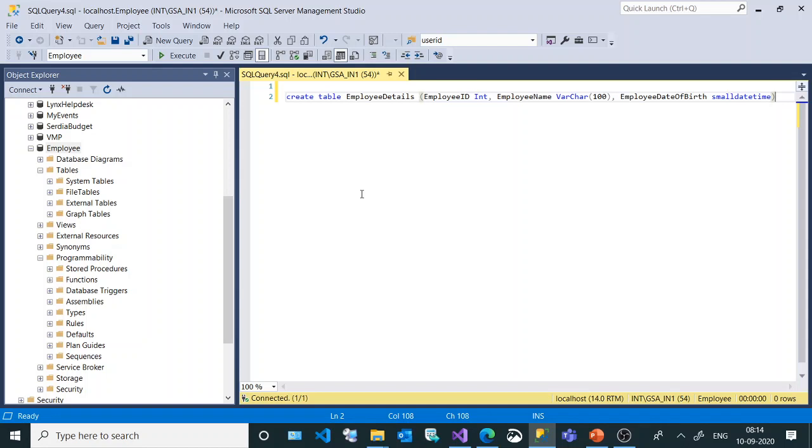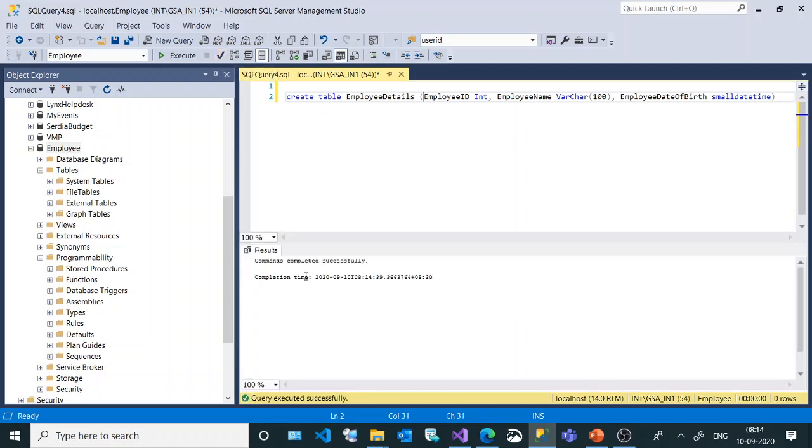This is the way you can write the create table query, but before execution you have to ensure the syntax of the query is correct. So check this. You have to click this parse button. The moment you click, it will prompt you in case you have any errors or a syntax error in your query. Since there is no error in this query, this query is now ready to execute. The moment you execute this query, in the query result pane you will see the command completed successfully. It means your table is now created.